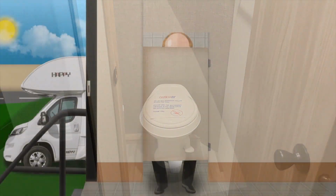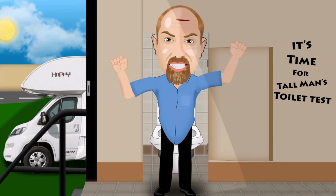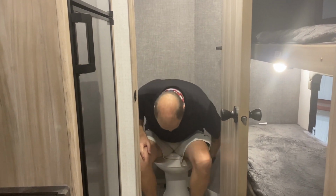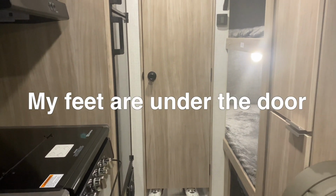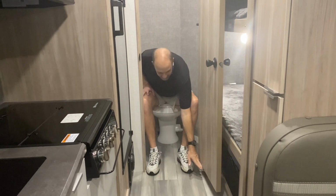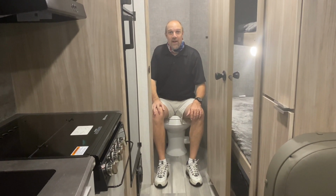And here's the bathroom, right? So you know what that means, right? It's time for Tall Man's Toilet Test. All right, so the tall man actually fits in this bathroom. Now this is a plastic toilet all the way, foot flush. It's not porcelain, it's plastic all the way. But there's enough room. I mean, when I close the door, I could actually put my feet outside the door. Not sure if you heard me talking, but because the door doesn't go all the way to the ground, it actually allows some space for my feet since I'm a tall guy. So we're gonna give this a...